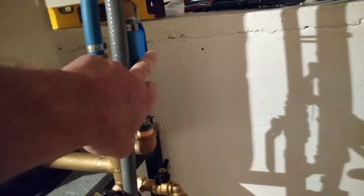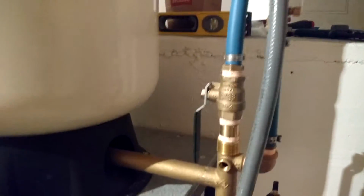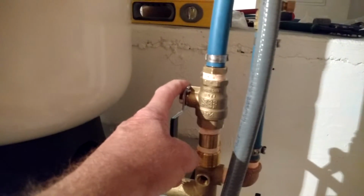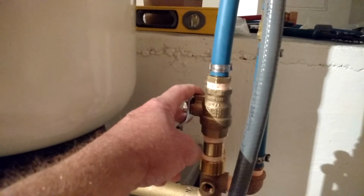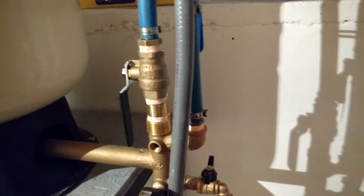So be it. It's what has to be done. I'd want to have a shut off for them anyhow, so I can shut them off. And then I have a shut off for the main household system here. So you shut this off, and I of course shut this off whenever I want to drain the tank